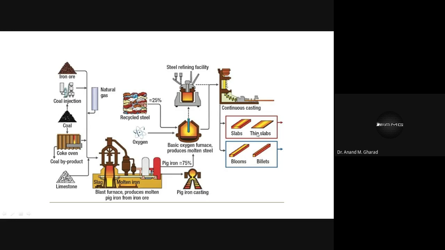Now these rods or these thin plates and slabs or thick plates and slabs are then given different shapes, right? So there are two different processes for giving shapes to these output results of the manufacturing process of steel. So what are these? These are hot rolled sections and cold rolled sections or cold formed sections, right? So usually